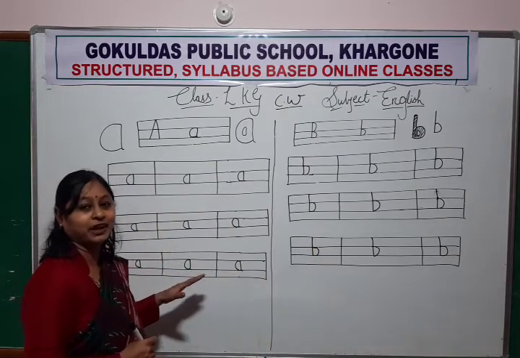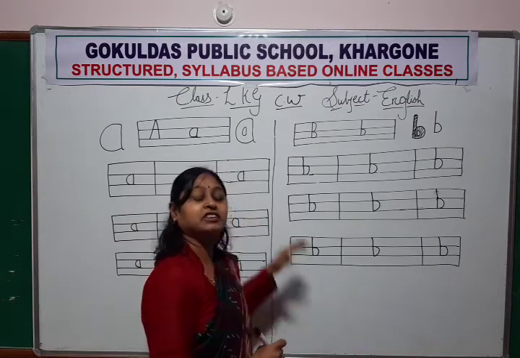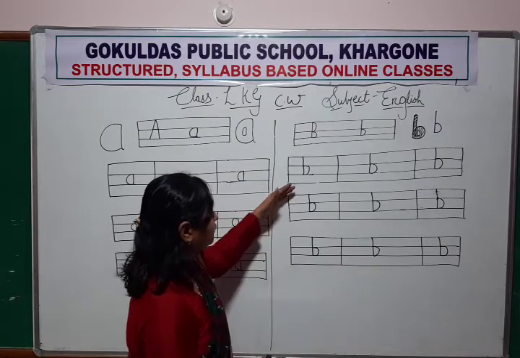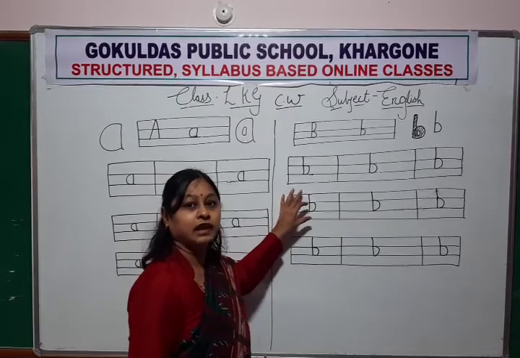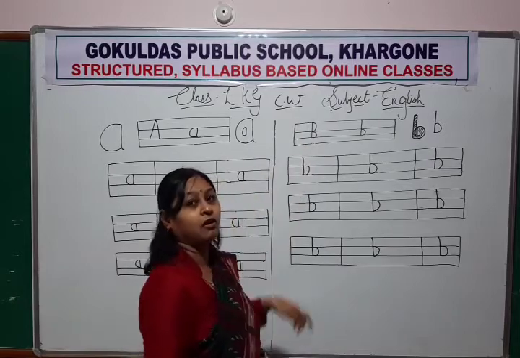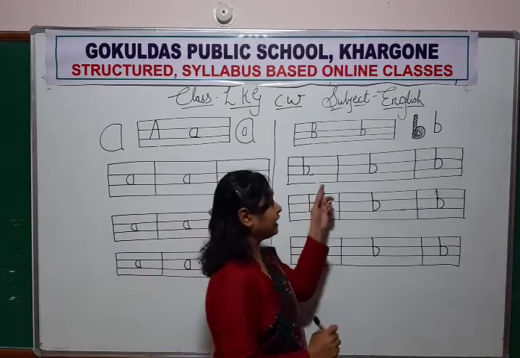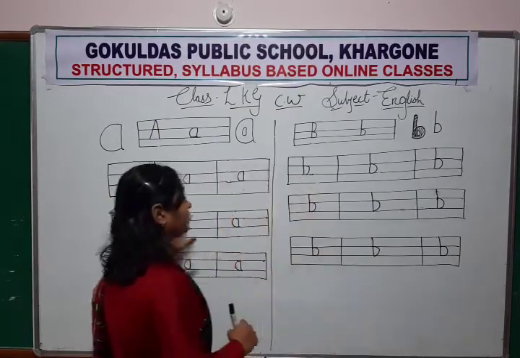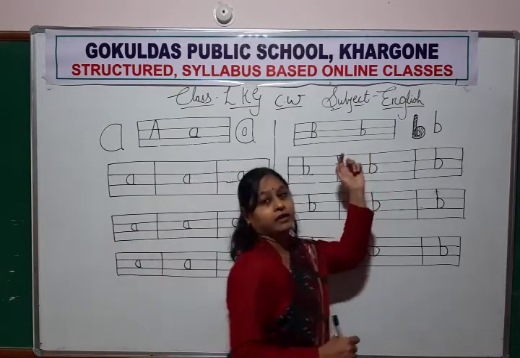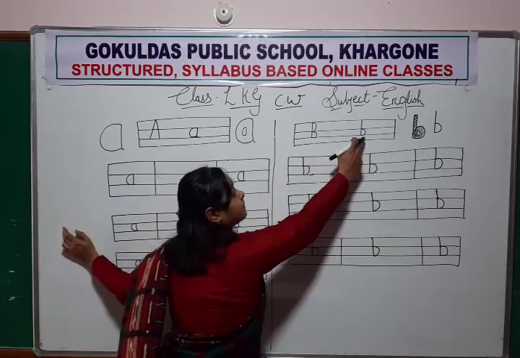So what have we done today? We have learned to write lowercase letters. Which letter is this? This is lowercase. Okay, why is it called lowercase? Because we write it down, in 2 lines. That's why it's called lowercase. And this is uppercase letter. Why are they called uppercase? Because we write on the upside. Okay? And this we write on the downside. So today we have learned lowercase letter A and B. And sound of letter A is A. Sound of letter B is B.